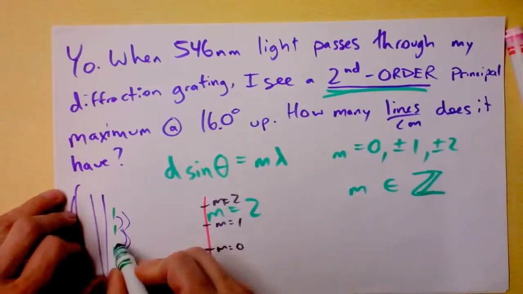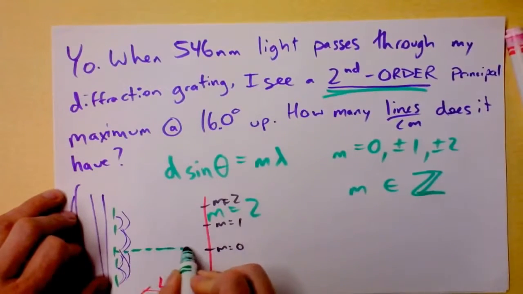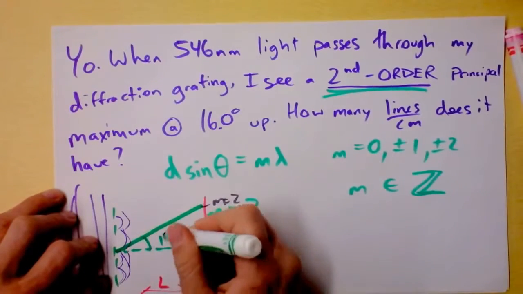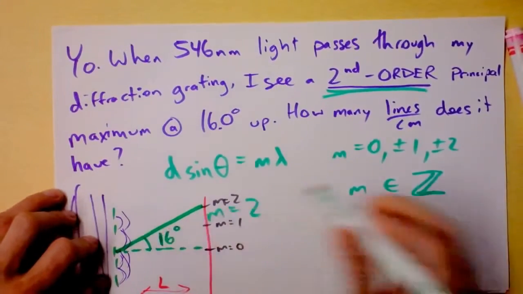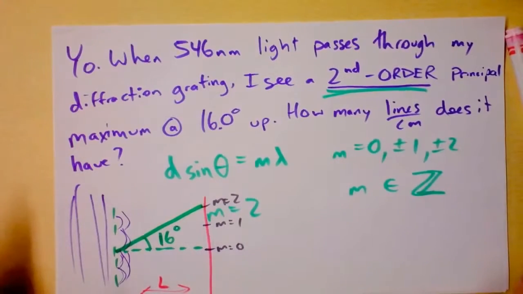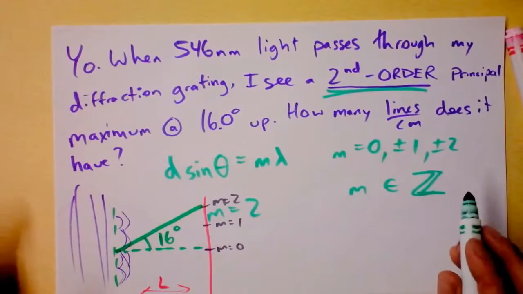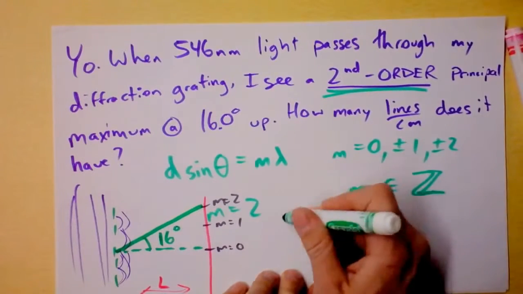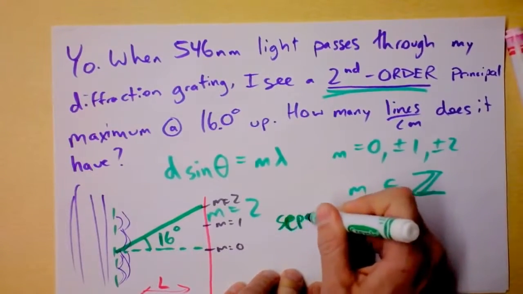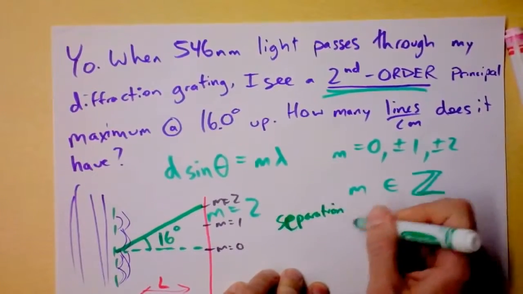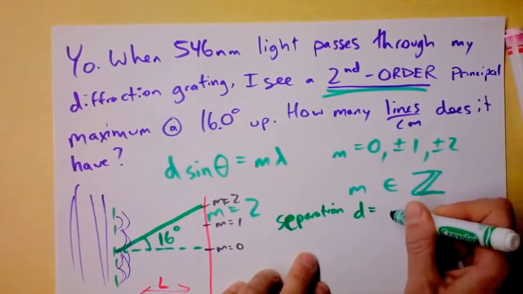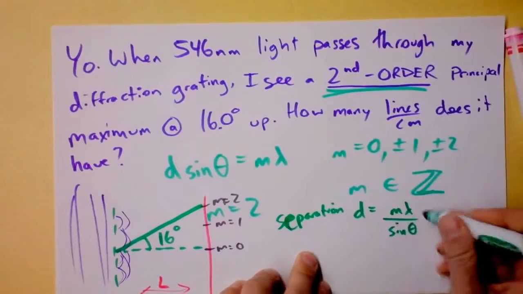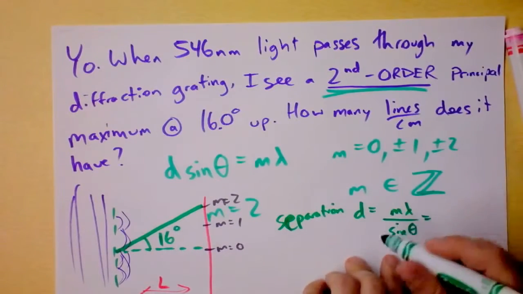They're saying that at this angle, here there is a bright spot. This angle is 16.0 degrees. And we just need to do a little bit of math. Are you ready to do a little bit of math? They want to know how many lines per centimeter it has. So what if I find the separation? Separation d equals m times lambda over the sine of theta, and m's going to be 2, so I plug all that in,